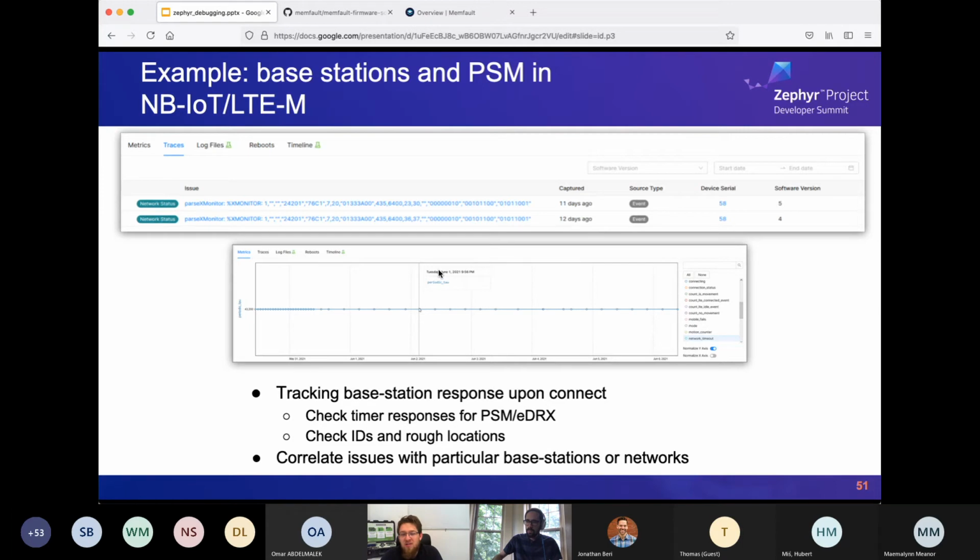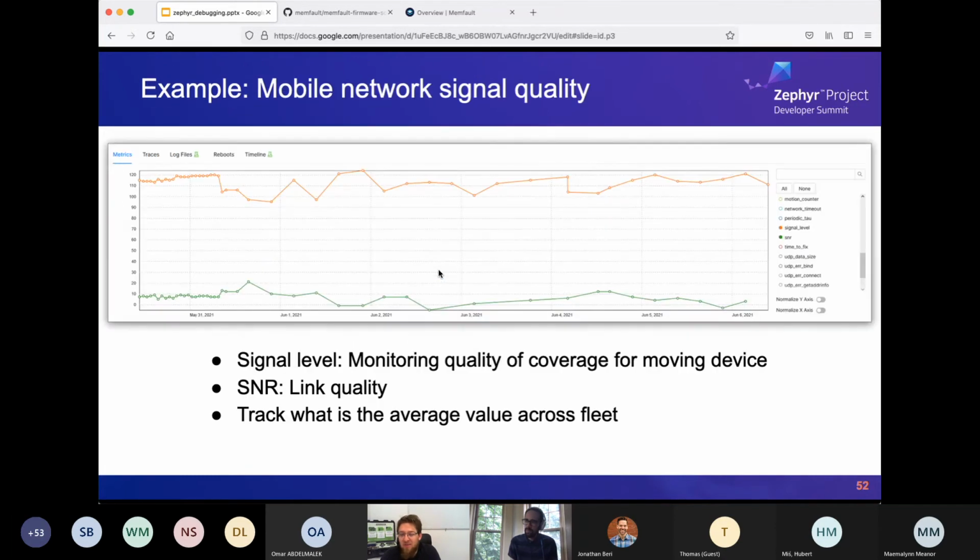The most painful parts in mobile connected devices are correlated to the mobile signal quality and the signal strength itself. So that's something we should always monitor, looking at the signal level and the signal to noise ratio, which both give us a good indication of the quality of the link. And then we look at how this quality of the link actually correlates to bad coverage, and how we can be smarter in firmware to handle